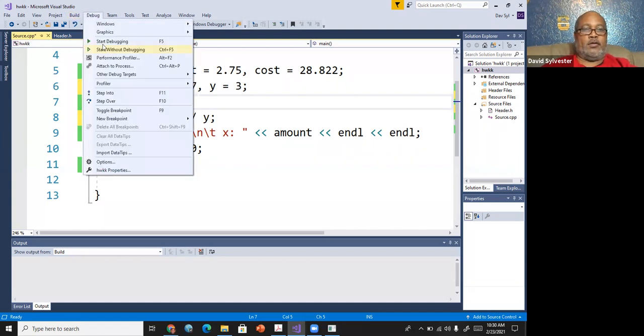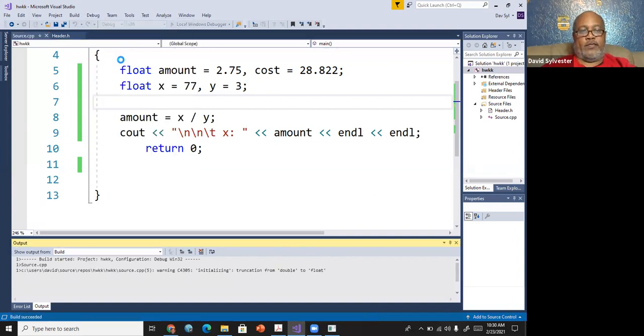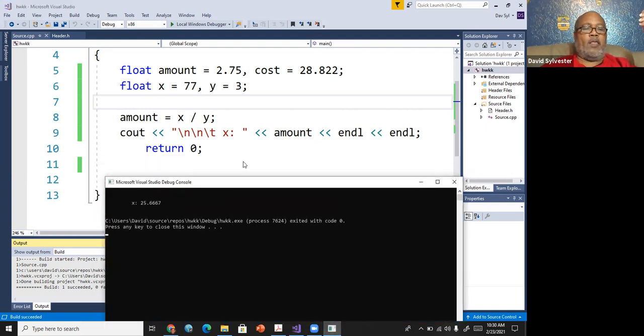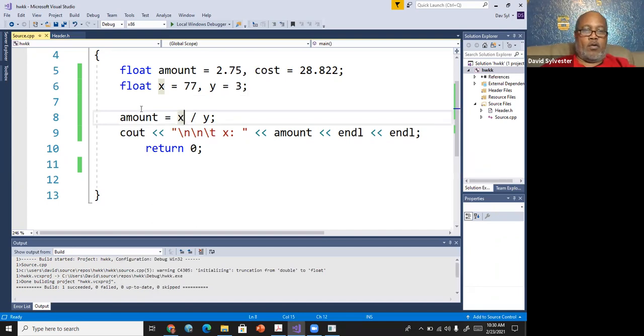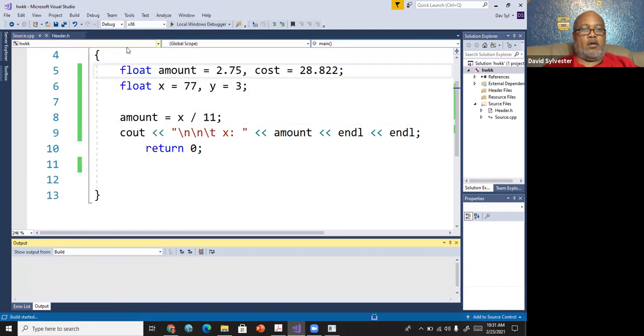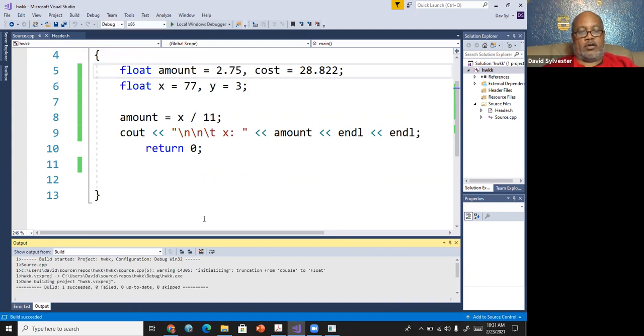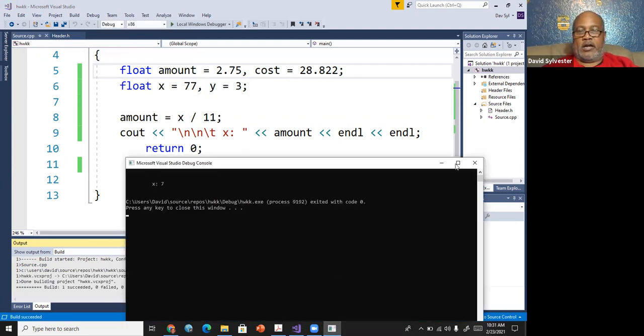So if I run this, all right, if I go to debug, it's going to yield an integer value. I know it might be float just because of the float. Where's the value here? All right, yeah, okay. What happened is it did the float because it stored a decimal place in here. But if the number came out to be a whole number, it would have gave the whole number. In order for me to get the int value, I'd have to put .0. So like say, if I do this 11, all right? If I run this debug, I should get 7. All right, see, I got 7.